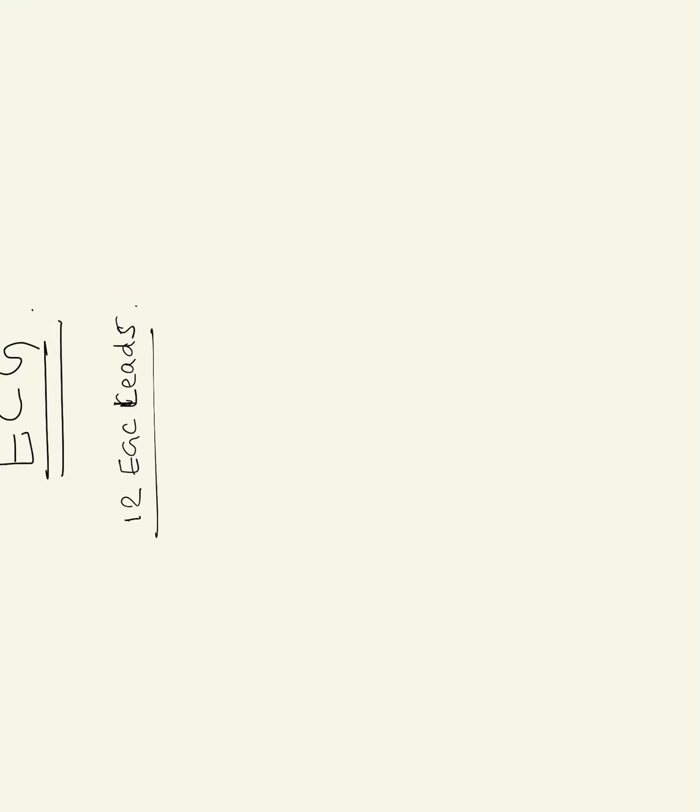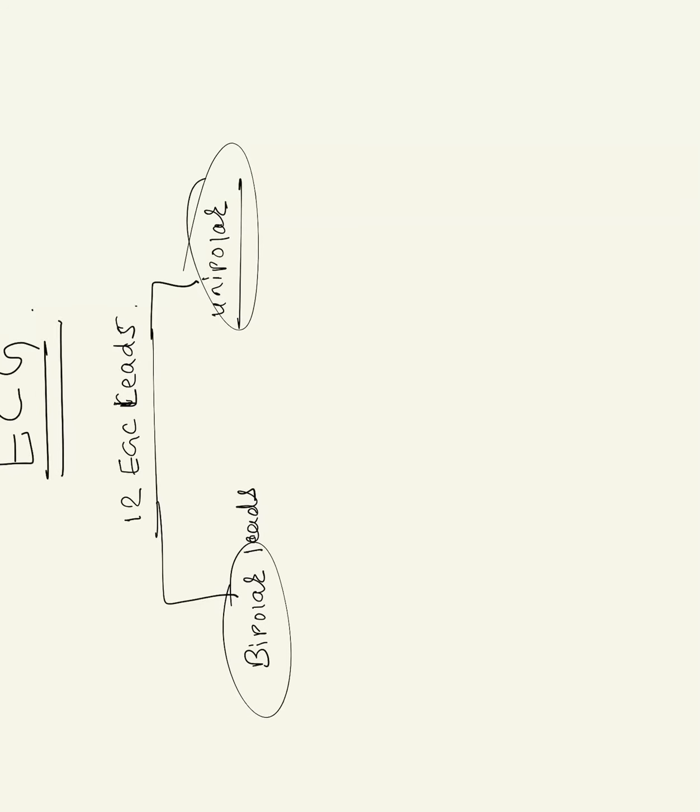Now these are mainly divided into two types of leads. These are the bipolar leads and the unipolar leads. The bipolar leads are also called Einthoven leads. You know, Einthoven is the father of electrocardiography,